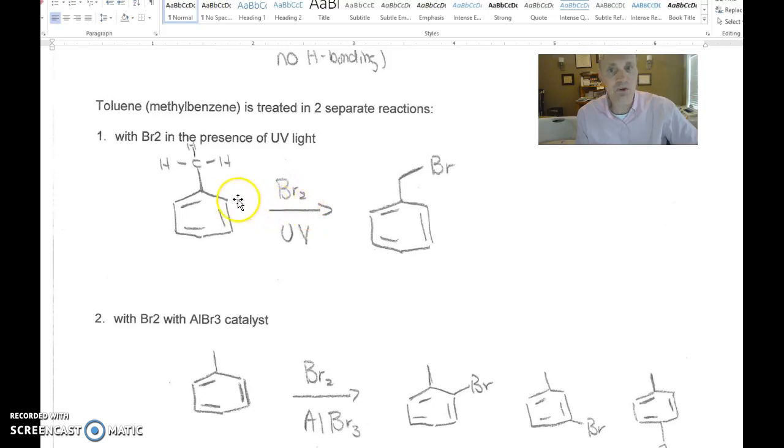And what type of carbon hydrogens do the bromine or halogen radicals react with? It's going to be the alkyl hydrogens. So all you have to do is replace one of the hydrogens with the bromine. By the way, you would have HBr as a byproduct here, but this would be the major